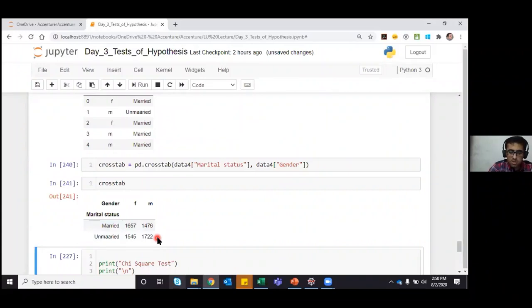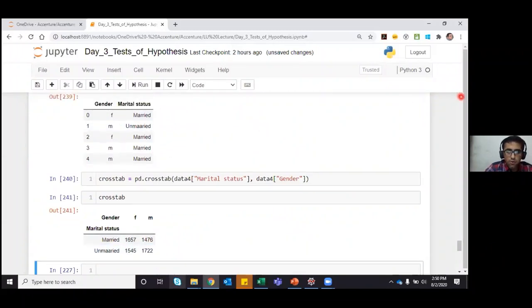So it will just give me the count of that variable, and we will apply the chi-square statistic on this data. You can go for a crosstab, which will just aggregate the data according to the counts in the specific category.